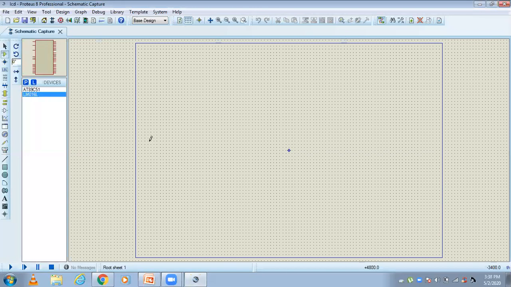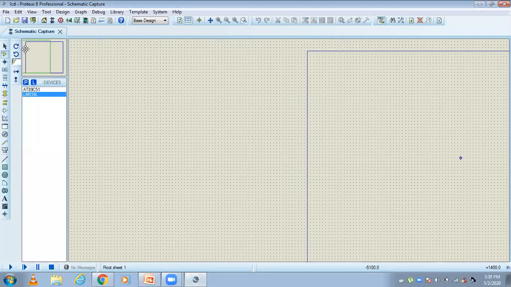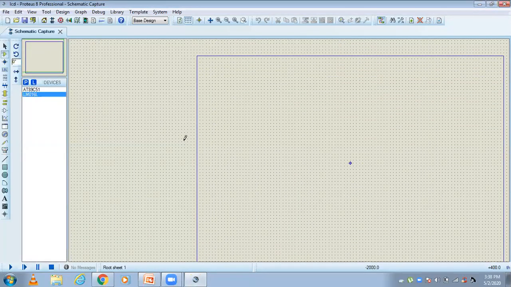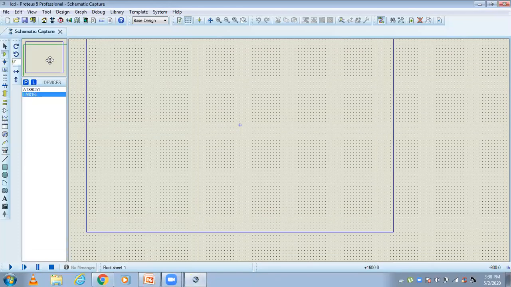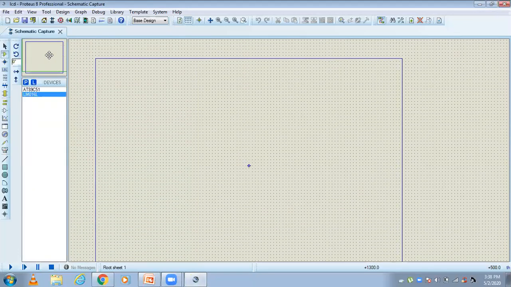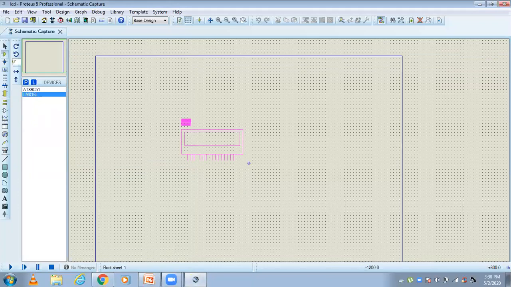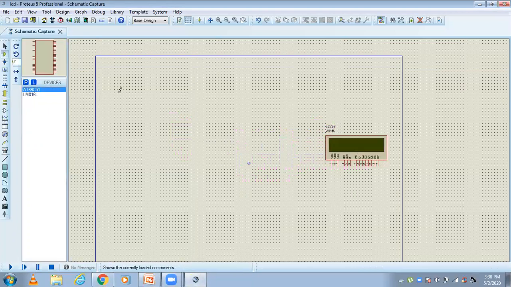These two components are sufficient to execute this simulation. So this is the LCD pin, and I select this microcontroller and place it here.